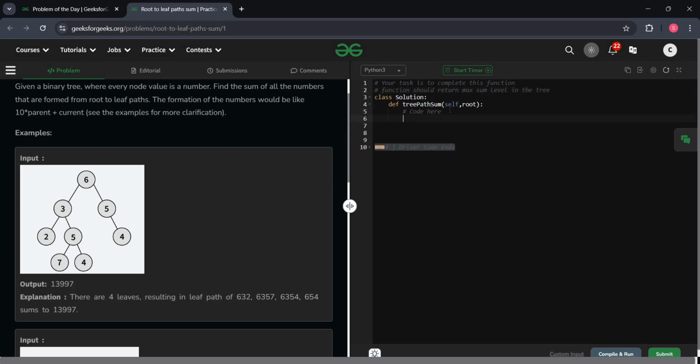So let's dive into the problem first of all. Our task is to sum all these numbers from root to leaf paths in a binary tree. Like I think 6357, 654, 6354. So then I think we don't need to multiply by 10 also. Let's see, we just have to form a number using all these digits like this. See, 632, 6357, 6354, and 654. That's it. We can do like that, and then we have to sum up all these numbers. Okay, so first of all, here we have a class solution, and our main function tree path sum